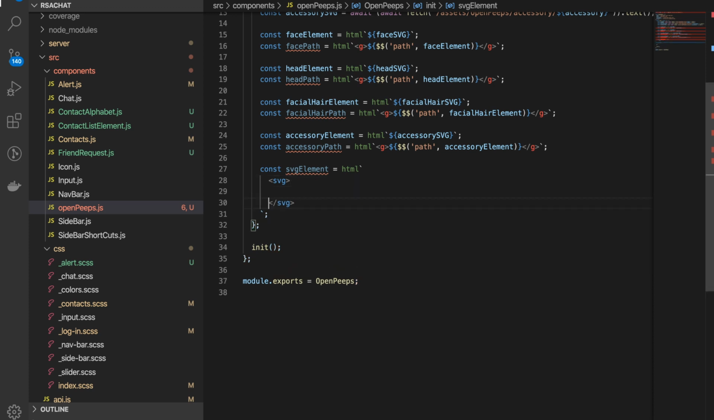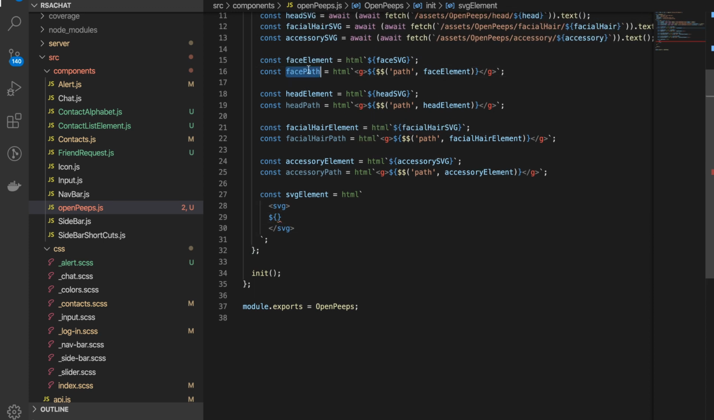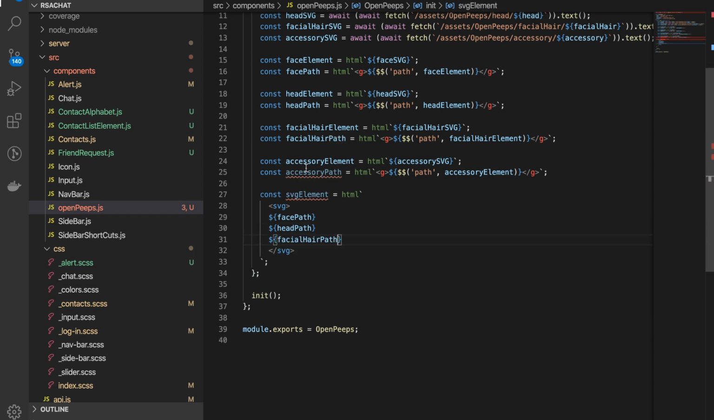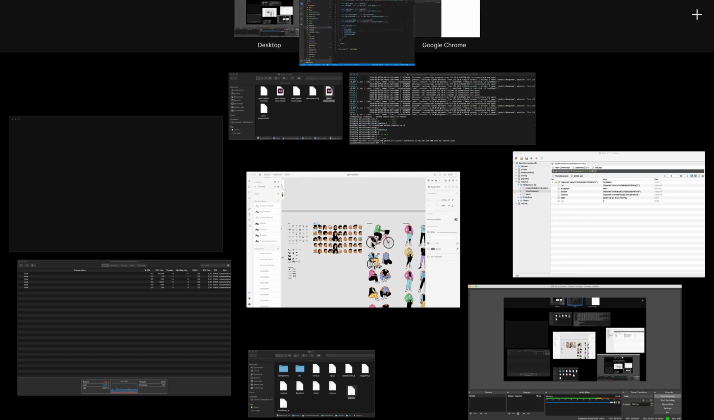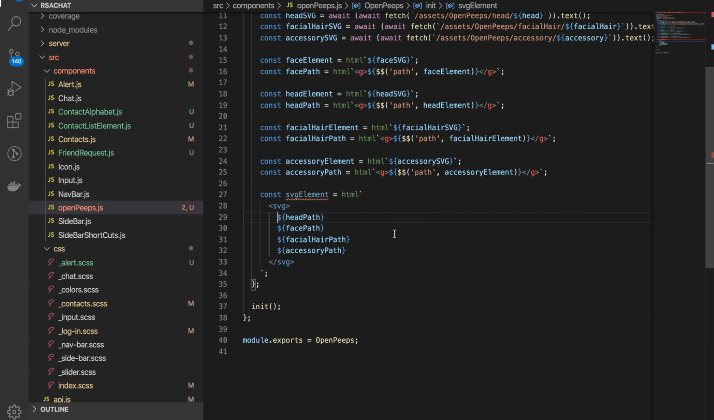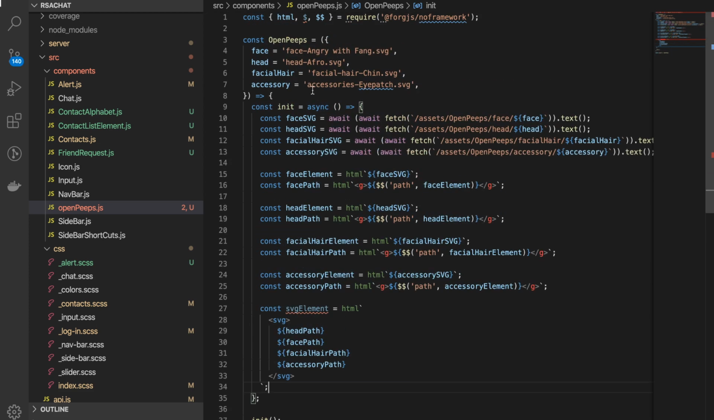And I'm just going to add inside all the stuff. So face path, head path, facial hair, and accessory. And I think the head path should be first. Head, then face, accessories, and once this element